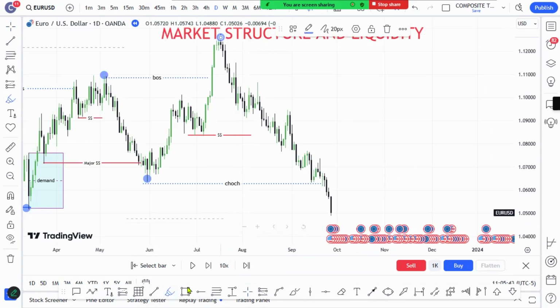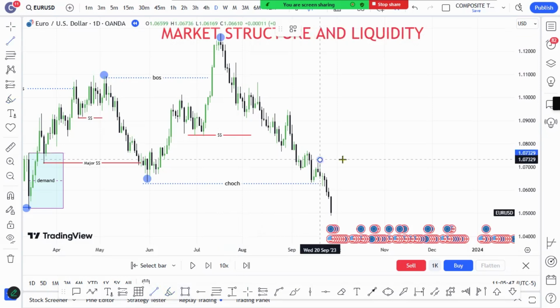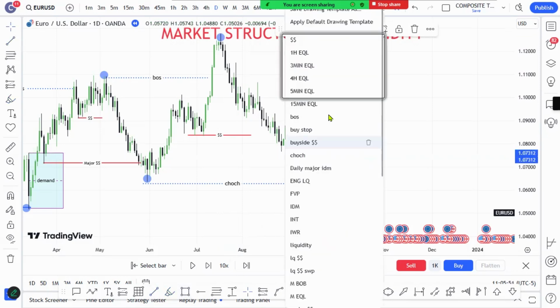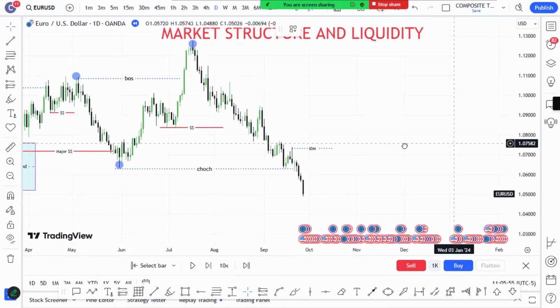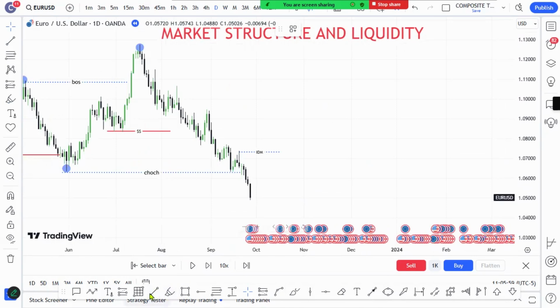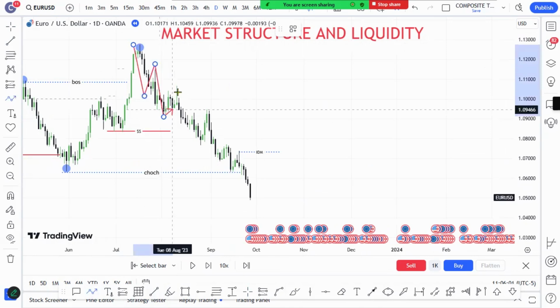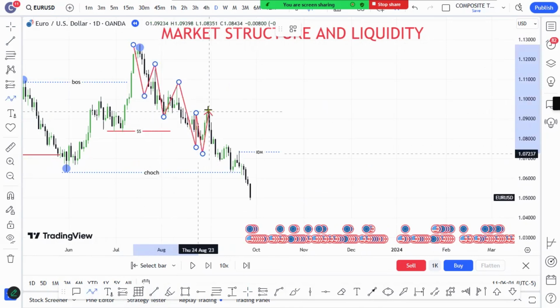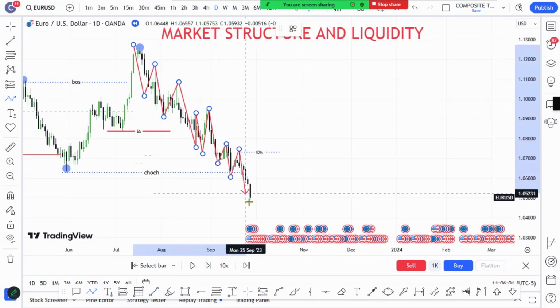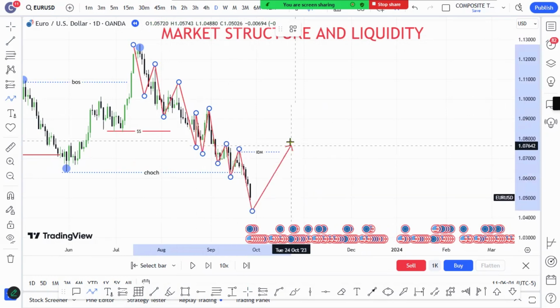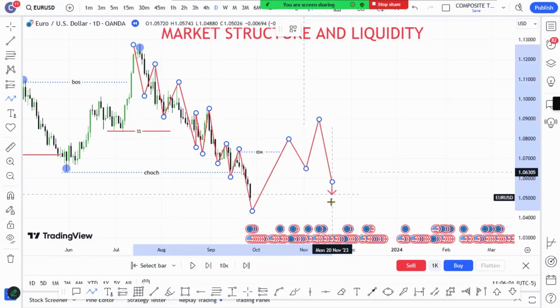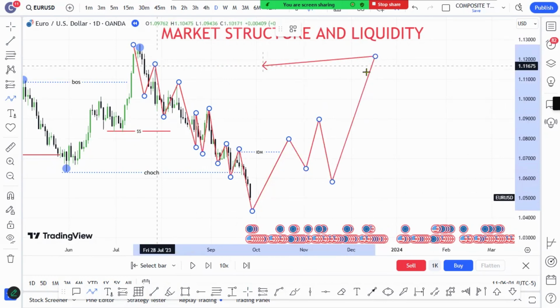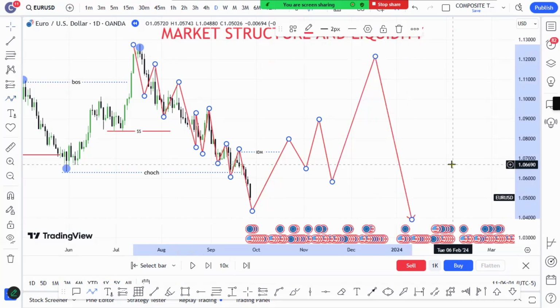Now you need a new liquidity phase. Maybe this can be your first liquidity that must be taken out. But the major liquidity that you need, where did the market start pushing to the downside? Look at this. Price started from this high. First pullback, second, so many internal ones, and higher here. Boom, here. So the market will take out this one. And if it wants to go there, it can do something like this: take out the internal one so that it gets pressure to go higher, collect all the money, and again push to the downside, because we already have what we call the change of character.